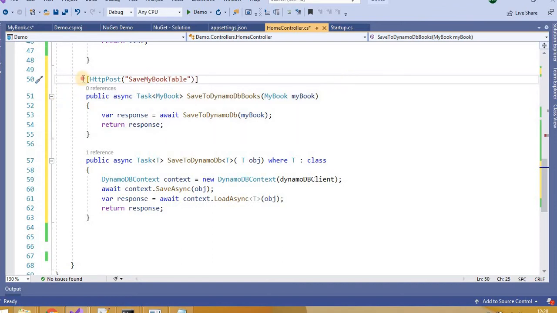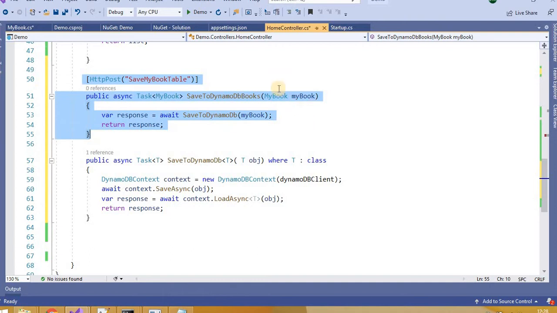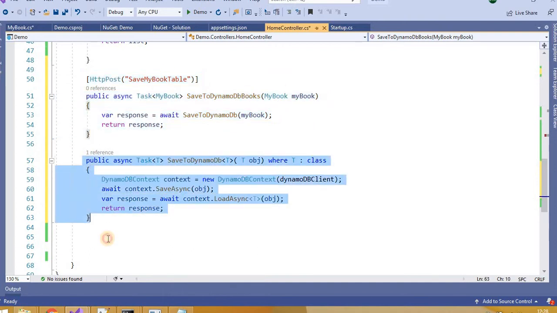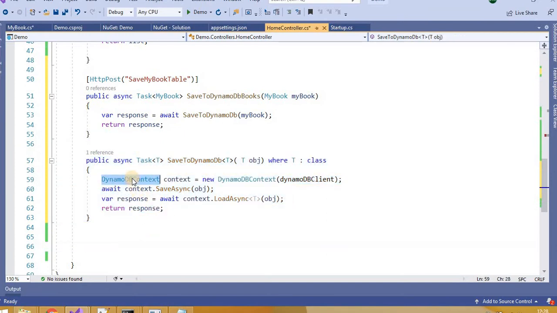If I have another table, another class, suppose user table, in that case I will change here, but this will be common. This is the same as the DbContext in Entity Framework. Just pass the IAmazonDynamoDB client object and then say context.Save and pass the object name. It will automatically save, and after that it will load all.